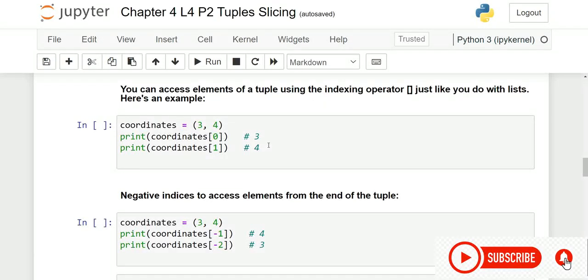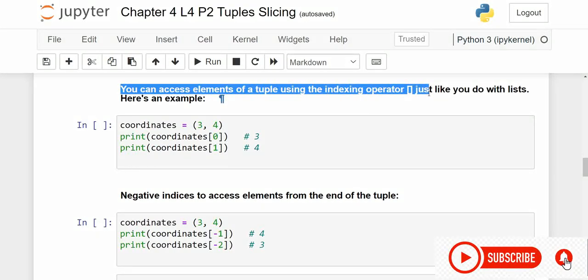Hello everyone, welcome to this session on tuples slicing. Just like we used slicing in lists, we can also use tuples slicing. Okay, so we can access elements of a tuple using the indexing operator, that is a square bracket, which we have used